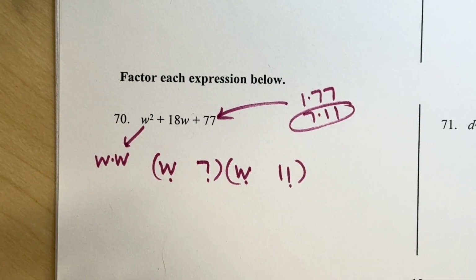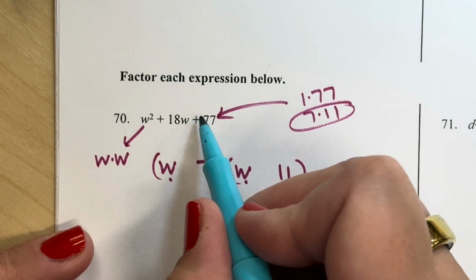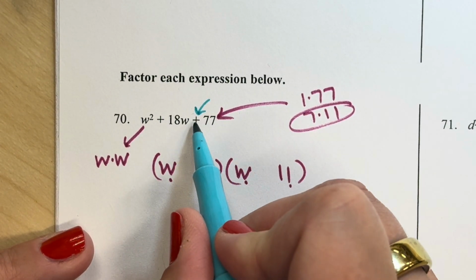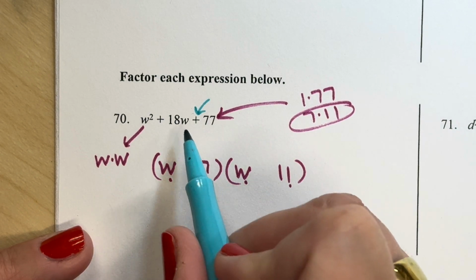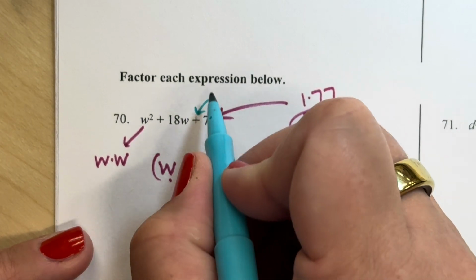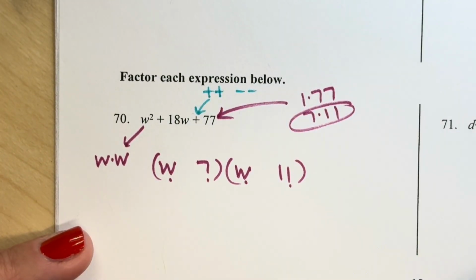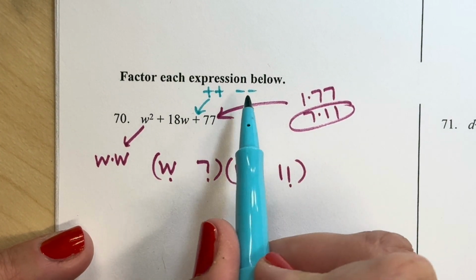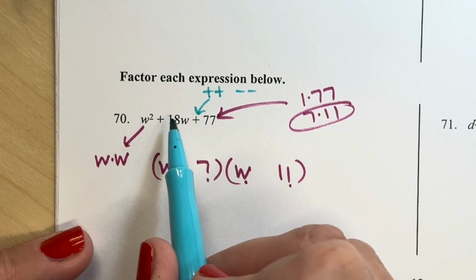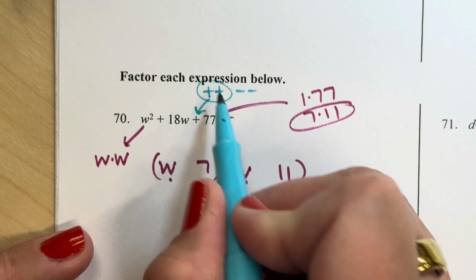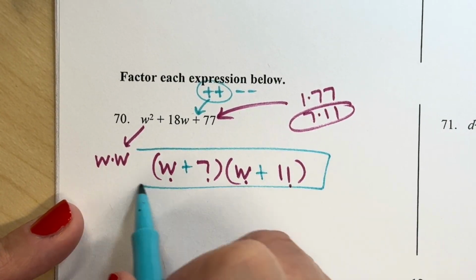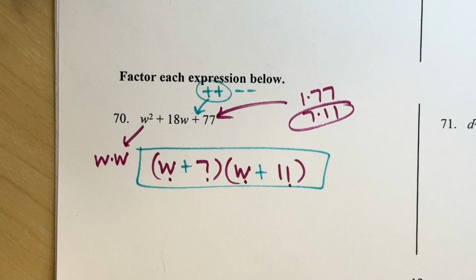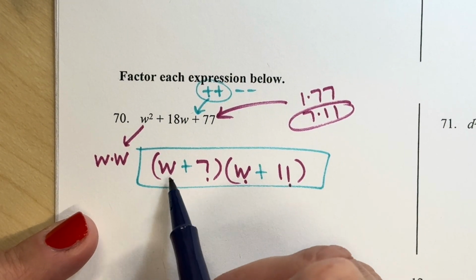And then when it comes to creating my signs, the last sign tells me if the signs inside are going to be the same or if they're going to be different. Because the last sign is a plus sign, that tells me they're going to be the same. They're either plus plus or minus minus. To figure out what set I use, I'm going to look to the first one, and since the first one's a plus sign, then I use the plus signs. This is the answer, but I strongly recommend you draw your bridges to check your work